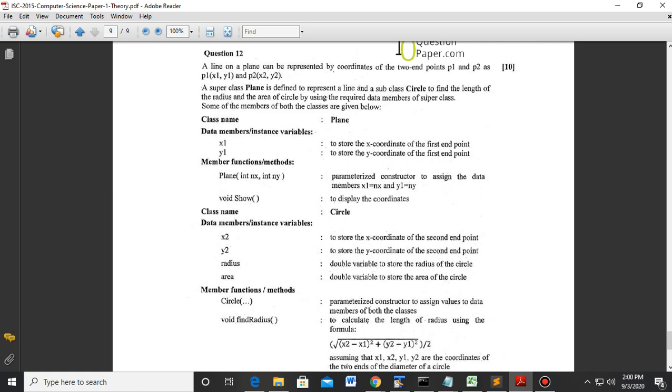Dear children, today I am going to discuss a question which is based on inheritance and which came in ISC 2015. The question is that a line on a plane can be represented by the coordinates of the two endpoints P1 and P2, as these points' coordinates are given. And what you need to do is define a base class plane with these coordinates and